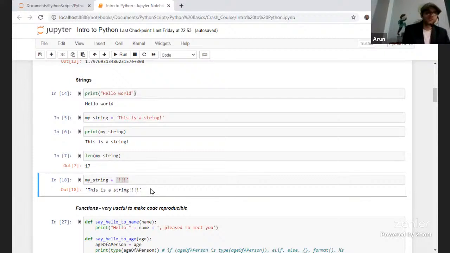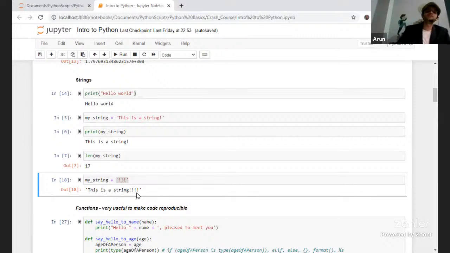So if I ask you now, tomorrow, if you directly try to print my underscore string somewhere here, what would be the output? Can you guess? Is it going to be "This is a string" with three or four exclamation marks, or is it just going to be "This is a string" with one exclamation mark? Yes, you're right.